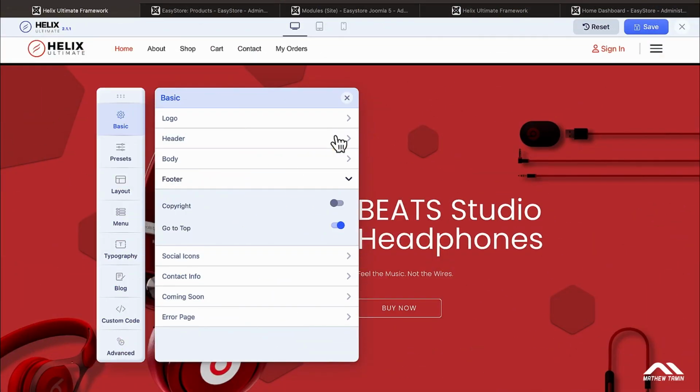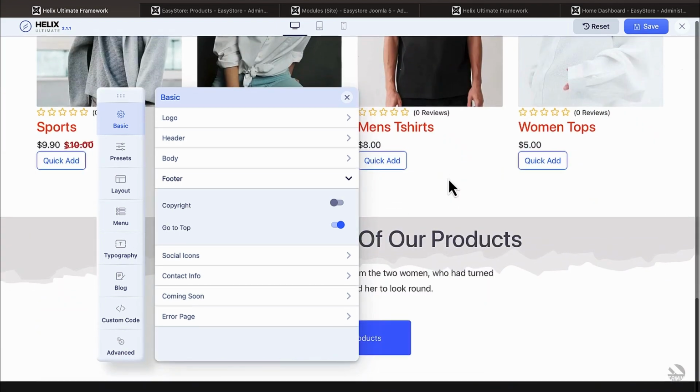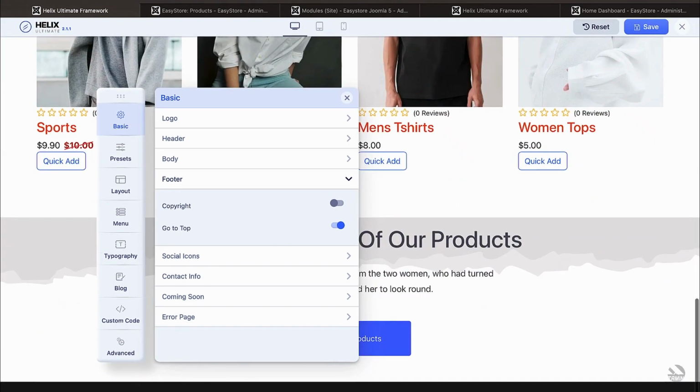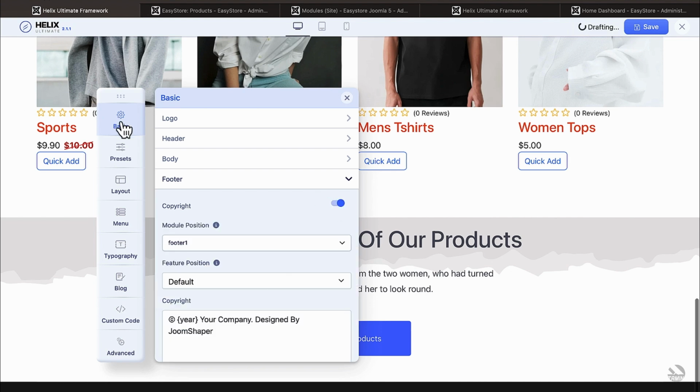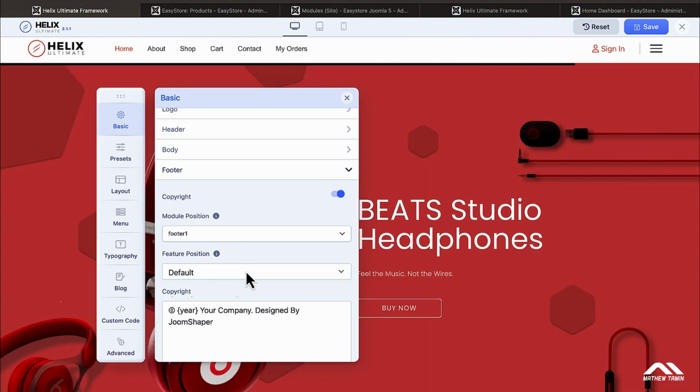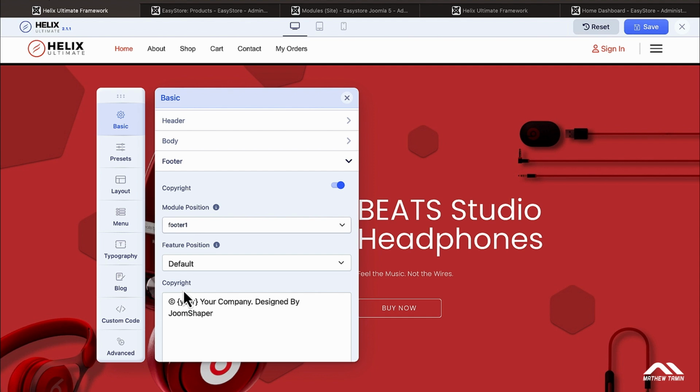In this lesson, I want to show you how to add a simple footer that just has your company's name. So from the Helix, I've already showed you how to get to this. From the Helix template, you go to the copyright. So you go to basic and you go to where it says copyright, and you can put your company's information